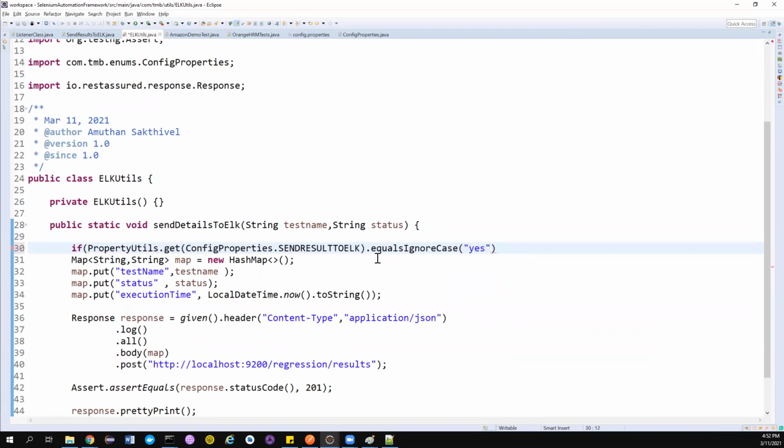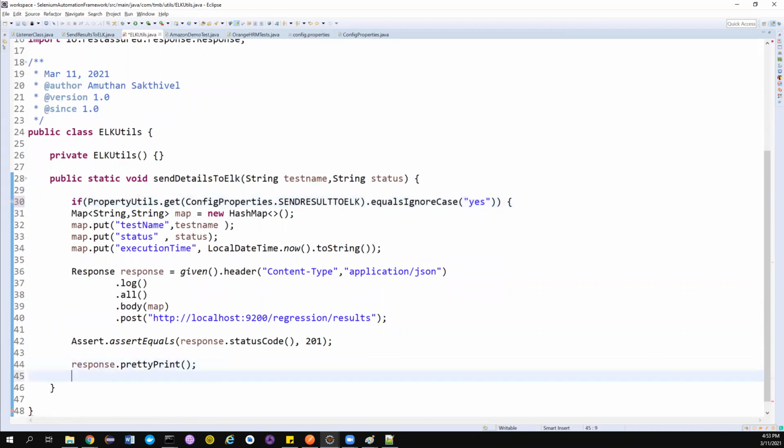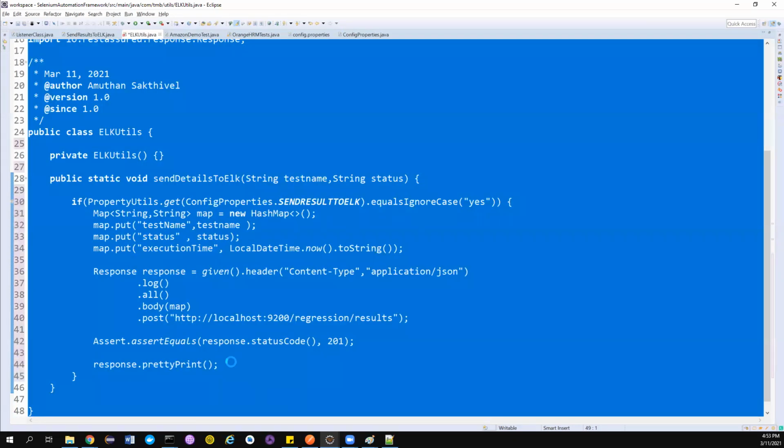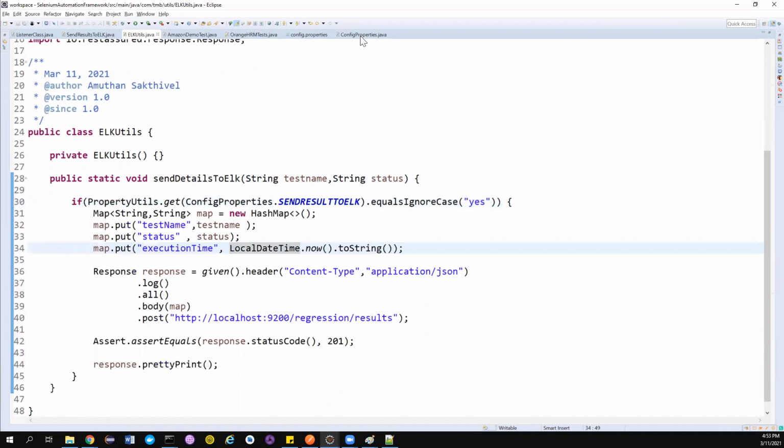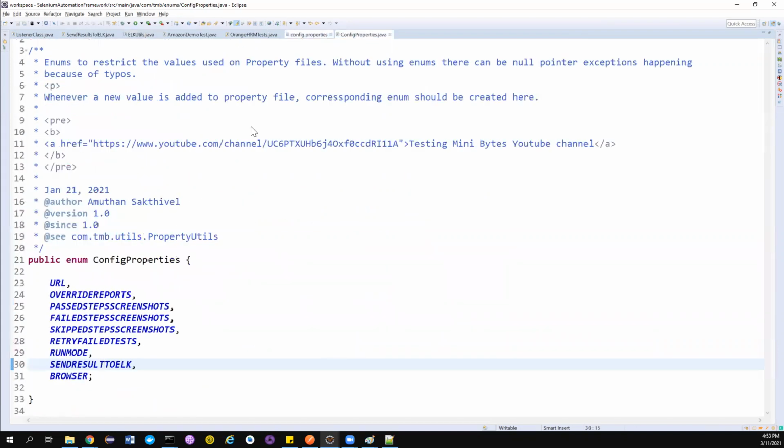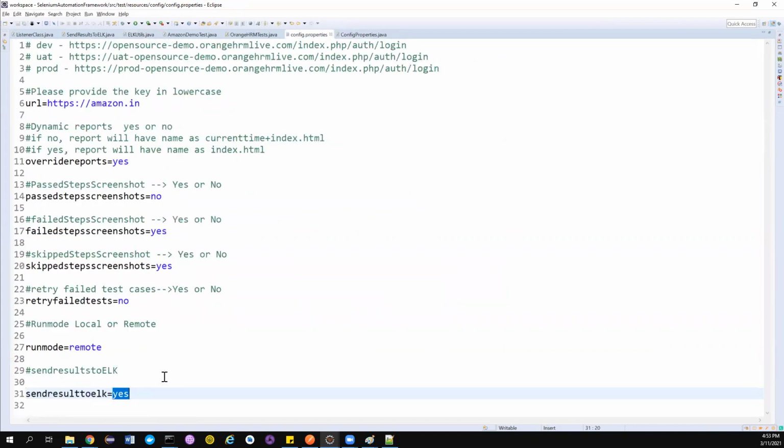Wrap them in an if condition, and all done. Control A, Control I. Now we can simply turn this on or off from this switch in config.properties. If you're doing some development, change this to no, so that results will not be sent to ELK. So guys, I think we have covered everything that I want to cover.